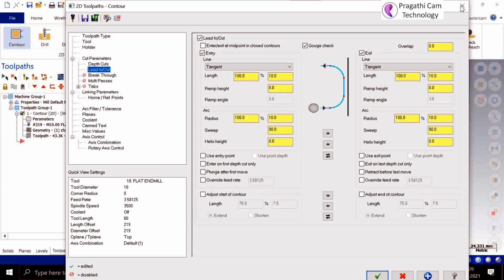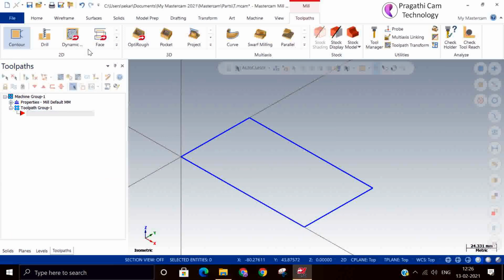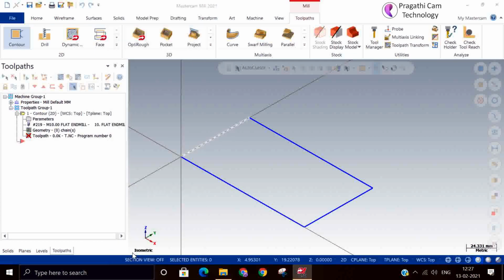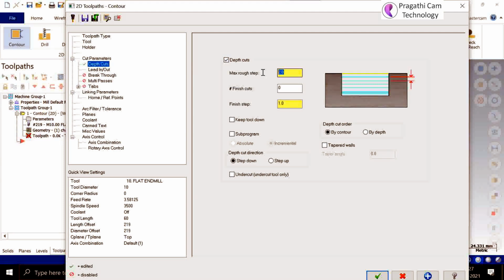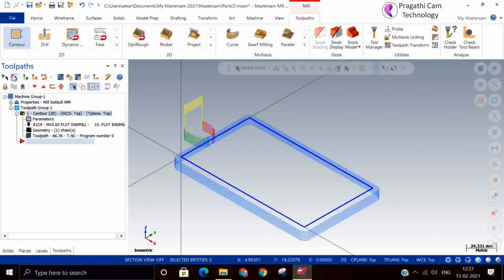If you are not using it, I just delete it and make it again. Contour change. Remaining things I just take as they are. Depth I will give. So now it is entering in the center.